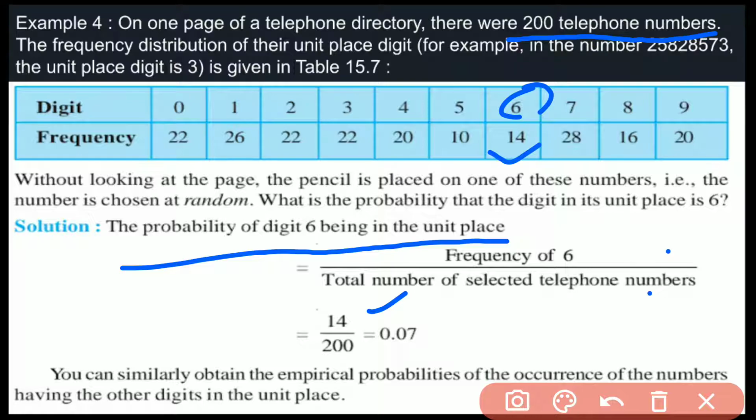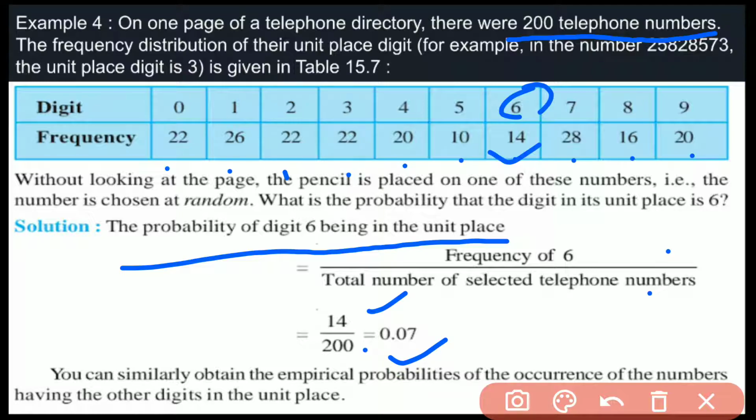The total is there where you can get it directly from the question. If it is not stated in the question, you simply have to add up the frequencies: 22, 26, 22, 22, 20, 10, 14, 28, 16, 20. When you sum these up, the total frequency is 200. So the probability for unit place 6 is 14 divided by 200, which gives